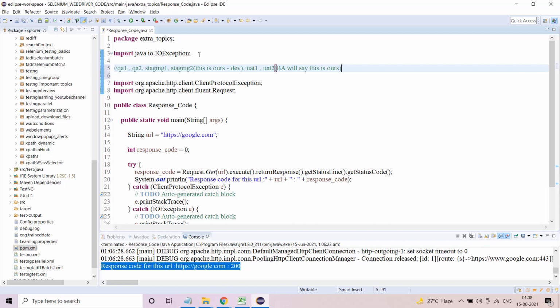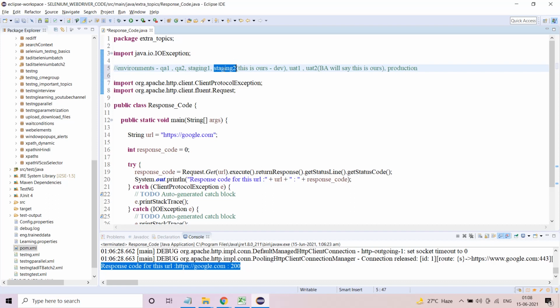Okay, and then finally there will be the production URL or production environment. So we work on a lot of environments, but still sometimes, even though staging 2 is claimed by the development team as theirs, if something goes wrong, they will put the blame back onto the testing team, that the testing team did not check this, did not check that. So then there should be a protocol defined,